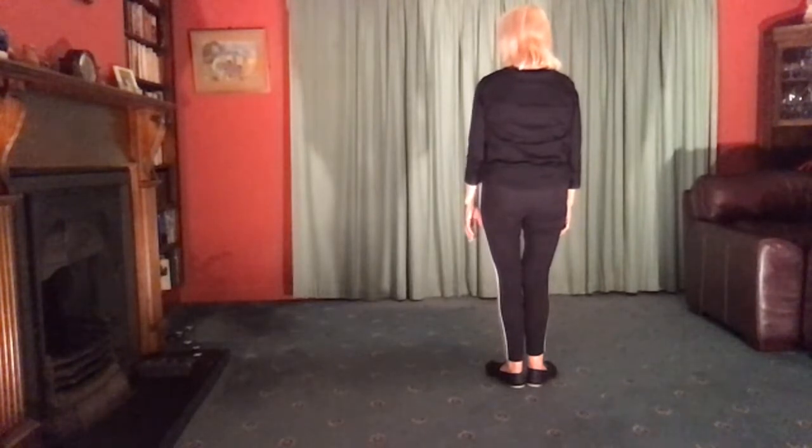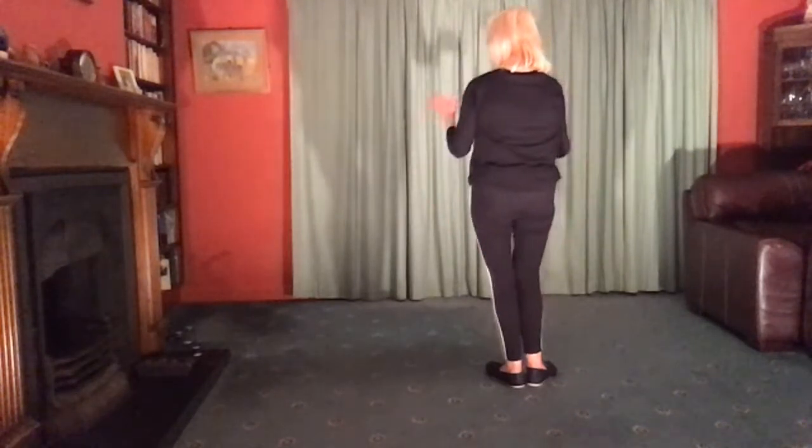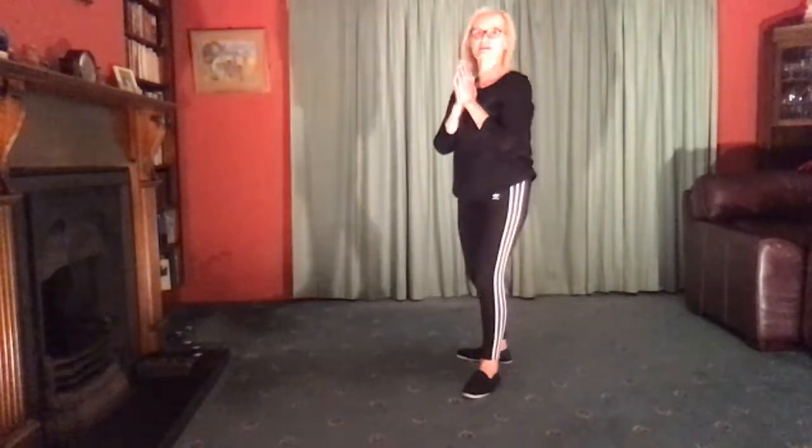Now as we finish the form, just again, feel the presence of the whole body. Feel the space all around the body. Space inside. The space in the mind. And just notice how your body is feeling and your mind is feeling. Okay. So,